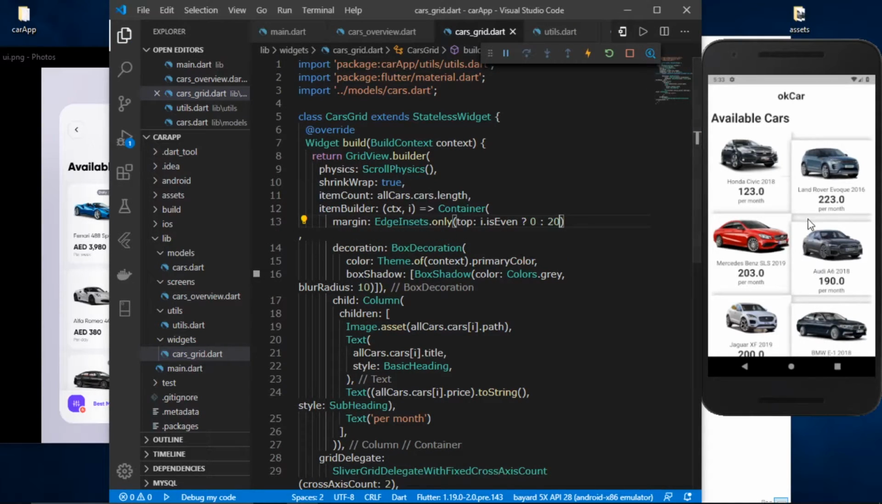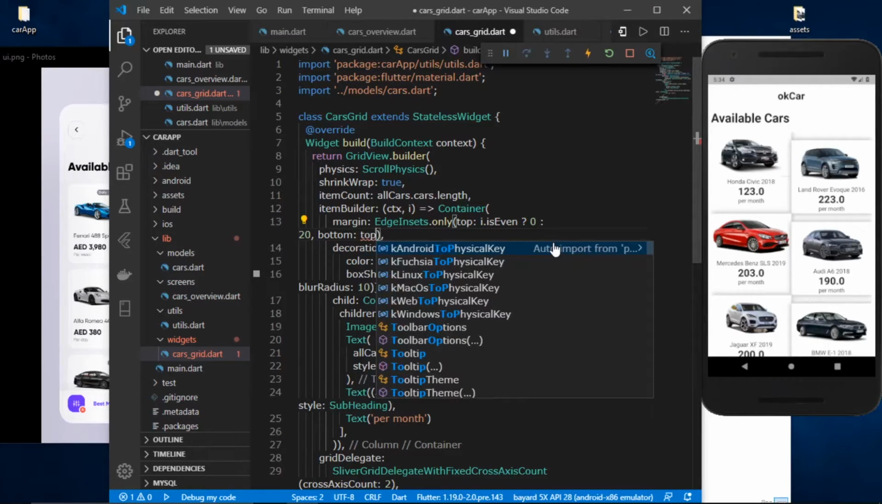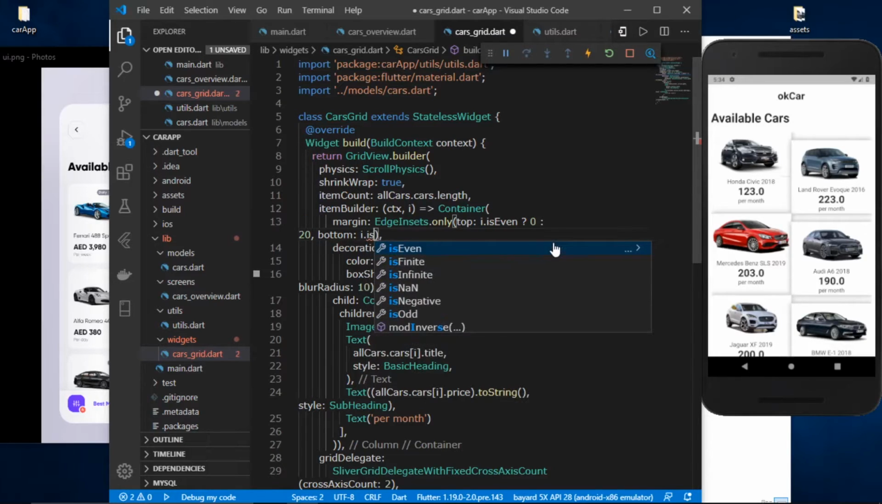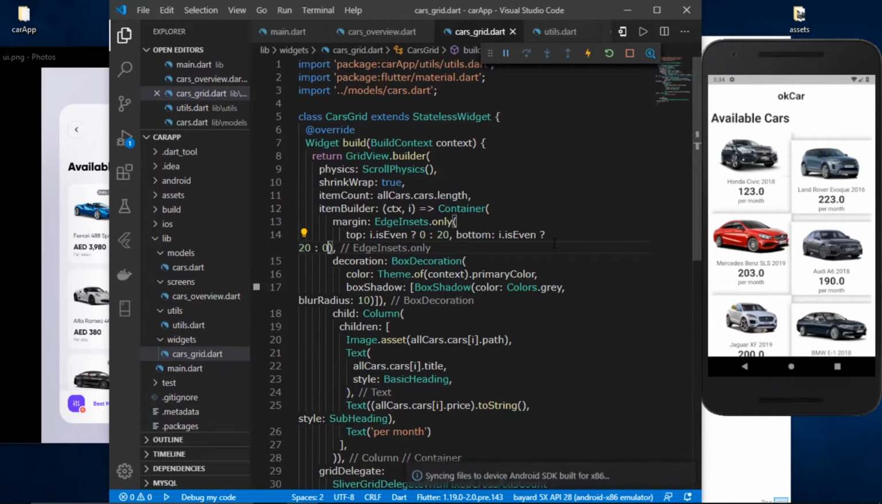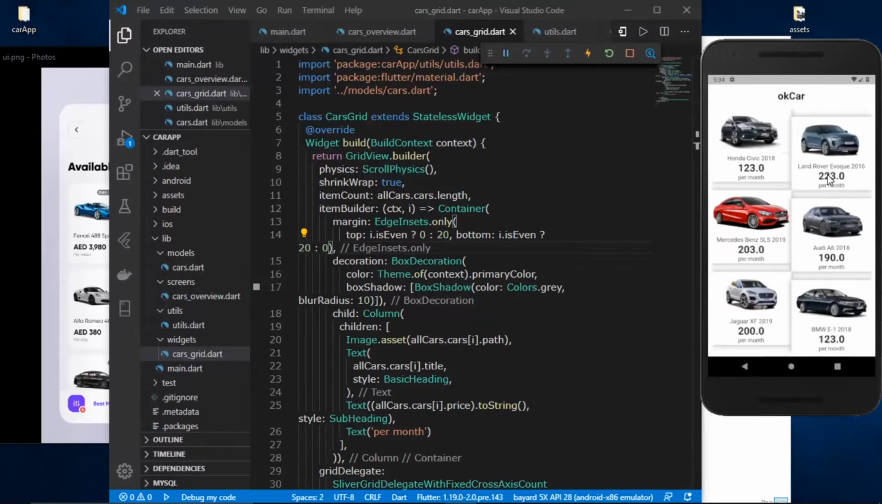Let's save it and let's see. So as you guys can see, it has now gone down, but it is still overlapping with our other cards, and it is not looking that good. So what we can do is specify a bottom margin, and here also we are going to check if i is even, then we're going to have a bottom margin of 20, else the odd indexes will have a bottom margin of 0. Okay, so as you guys can see, we have now